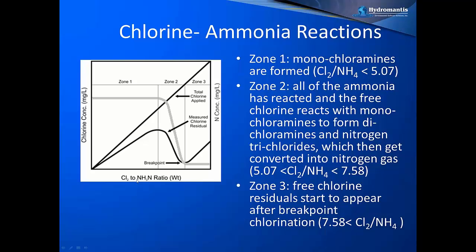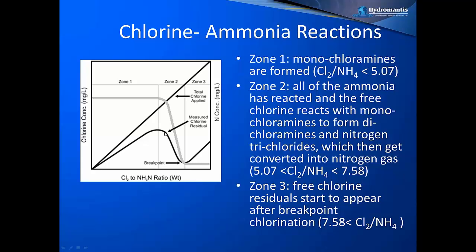In this particular case, we can see that when we increase the chlorine to ammonia nitrogen ratio, there is zone 1. In zone 1, all the ammonia is getting reacted with chlorine to form monochloramine, and there is a stoichiometric ratio. So if the chlorine to ammonia ratio is less than 5.07, we are in zone 1, and most of the ammonia will get reacted with chlorine and form monochloramine. If we add more chlorine, if the ratio increases to more than 5.07 and less than 7.58, then some of